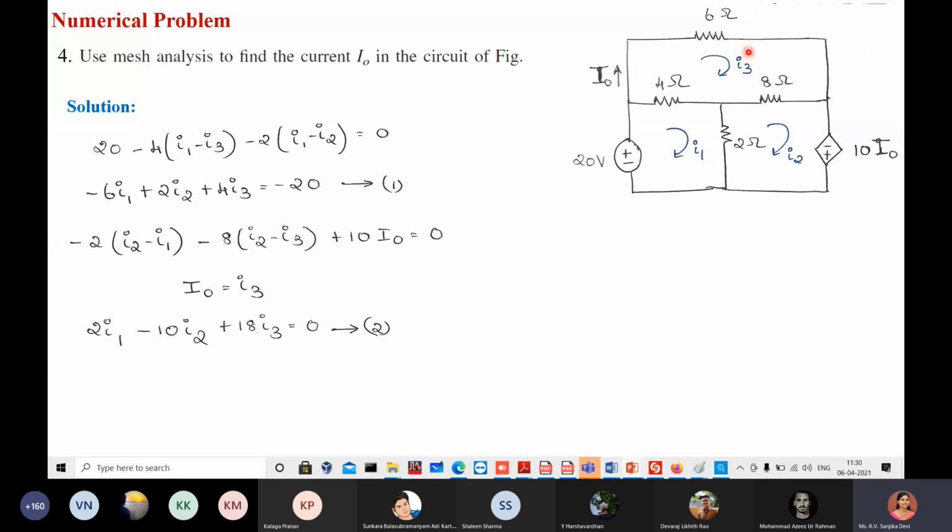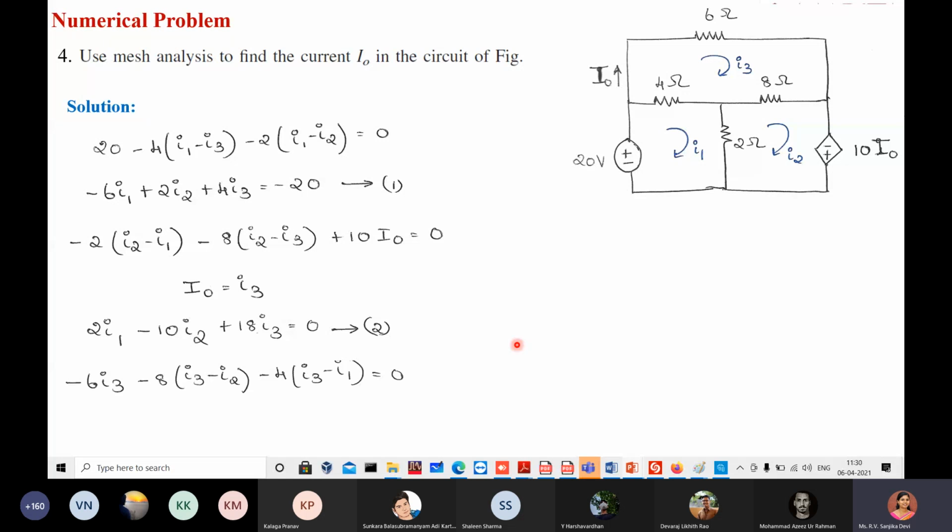So you have to understand the difference between loop current and branch currents. So here I1, I2, I3 are basically the loop currents. If the resistances are not common between two loops, then the loop current and the branch current will be the same. If suppose the resistances are common between two loops, then the difference between the loop currents will flow through that particular branch. Okay, so now we got the second equation. Similarly, write the third one